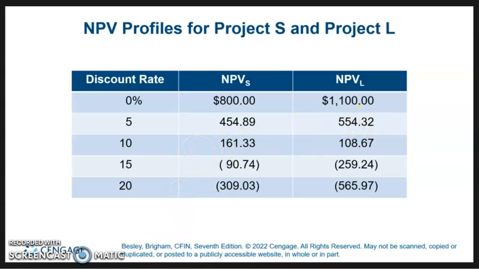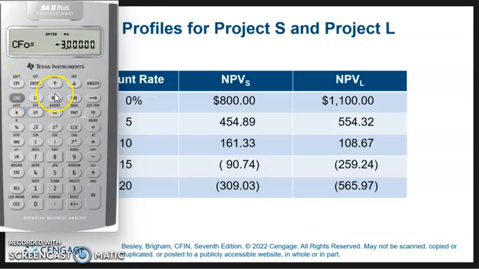But let's pull up our calculator. So, second cash flow, we have Project S entered. $3,000 initial cash flow, $1,500 first cash flow, $1,200 second cash flow, $800 third cash flow, and $300 fourth cash flow. So we hit NPV, and we've got 0 entered, so we go down and hit compute. That's $800. Now we go up and change it to 5 and enter, and then we go down and we compute